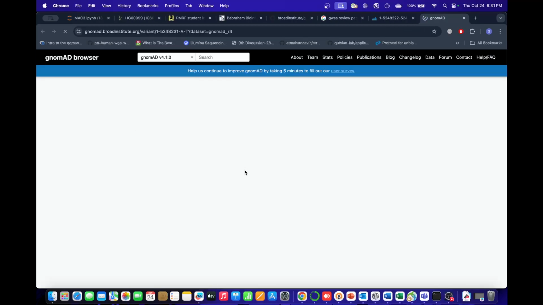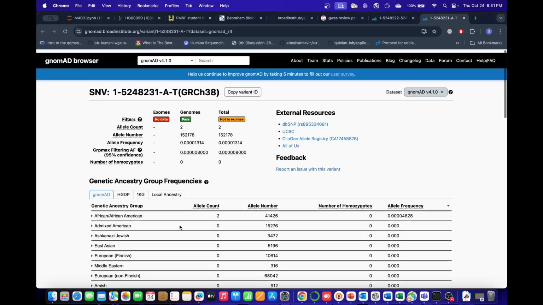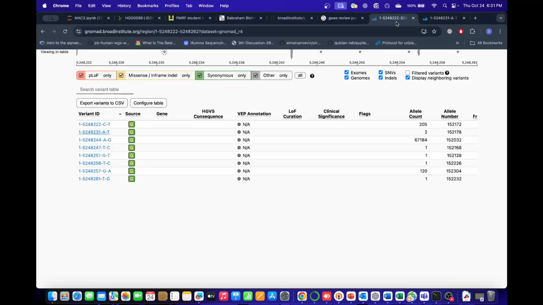And if you click on this, it will take you to this page and it will tell you which ancestry group has this particular variation. So in this case, only African American ancestry has this particular allele count. So there are two allele counts, two samples have this particular variation, and what is the frequency of this variation, right? So this is actually like pretty well